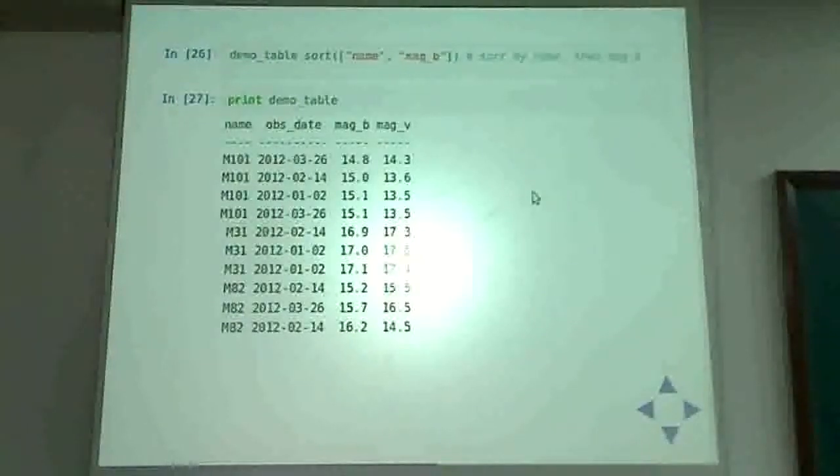And if B magnitudes are also the same somehow, either you will need to supply a third one, or it will use a first come first serve kind of approach. So whatever it encounters first, that will be kept first. It won't do any sorting if it encounters a tie in MagB. So if you see the output, you see that name has been sorted in this way. Internally, you'll see that MagB is in increasing order.